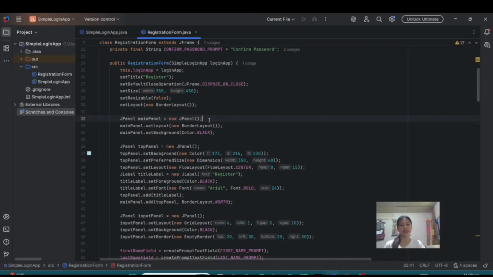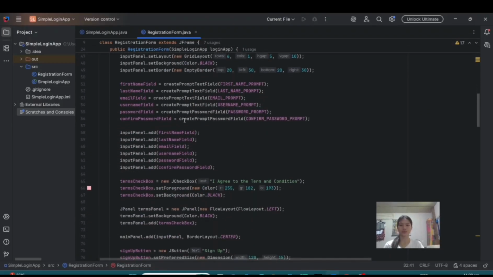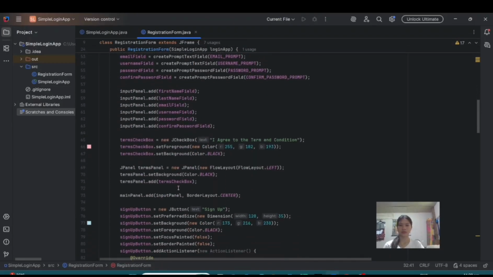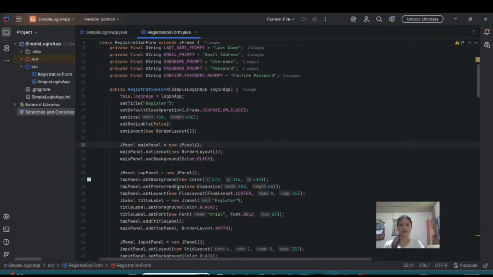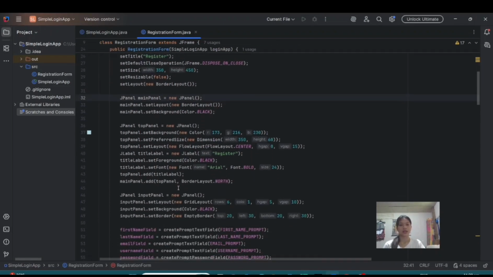It also creates the text fields, password fields, checkbox, and button, and adds them to the appropriate panels. It also adds an action listener to the sign up button, which is covered below. And finally, it makes the form visible on the screen.